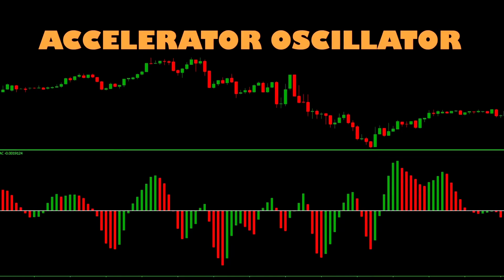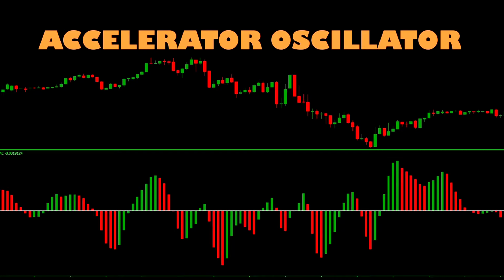There it is beneath the price chart. It's a momentum oscillator that prints as a histogram with a zero line crossover. In its formula, the accelerator oscillator takes the awesome oscillator value and subtracts from it a 5-period simple moving average of the awesome oscillator. So you'll need to know that the awesome oscillator is a 34-period moving average subtracted from